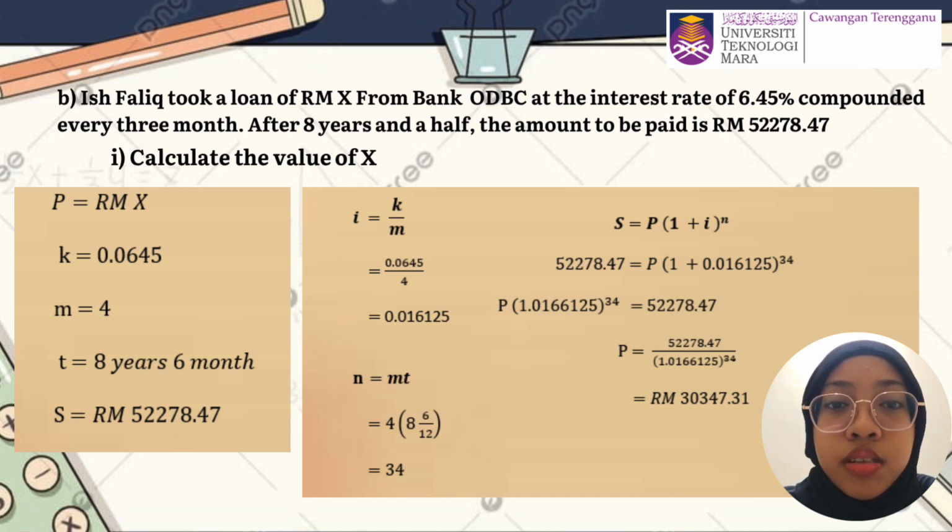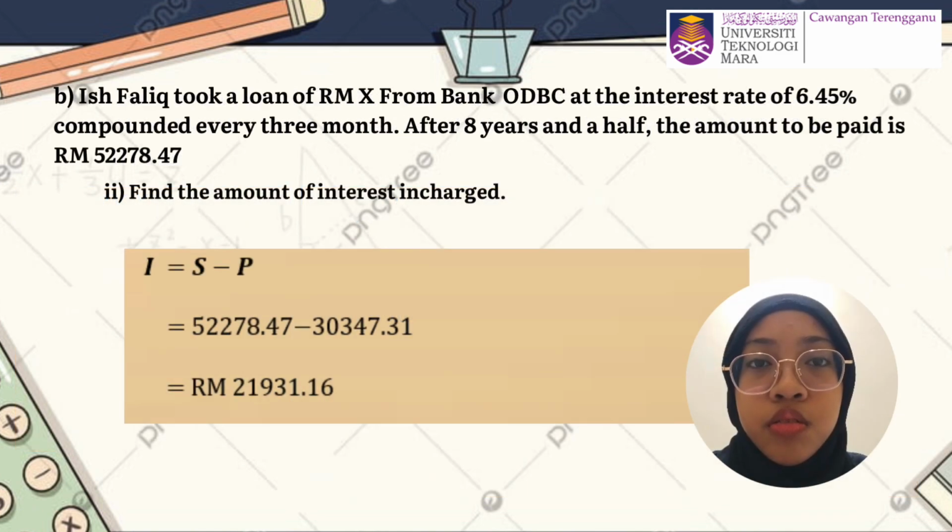30,347 and 31 cents. For question B2, find the amount of interest charged. To find the interest charged, we use the formula S minus P, so 52,278 and 47 cents minus 30,347 and 31 cents. We calculate, and the amount of interest charged is